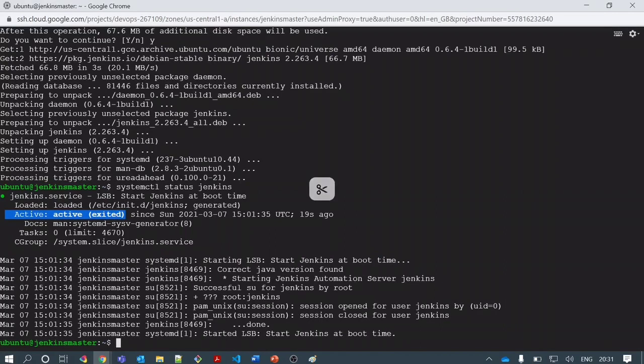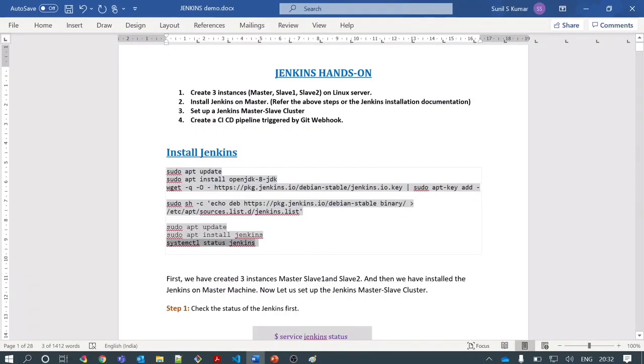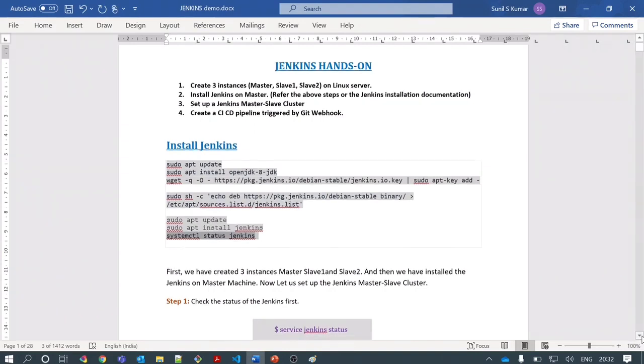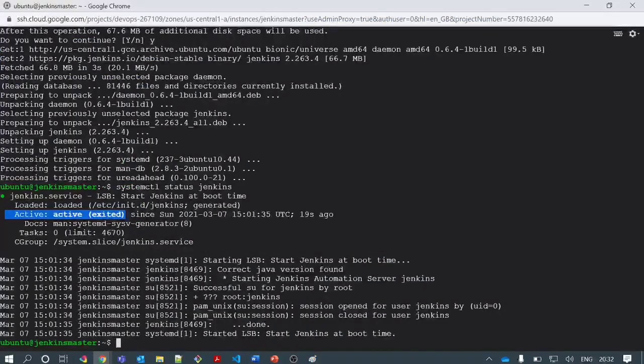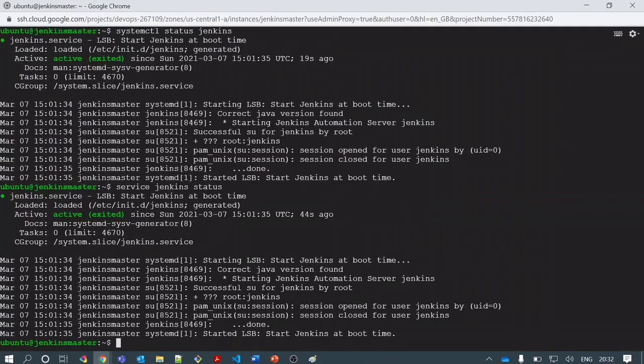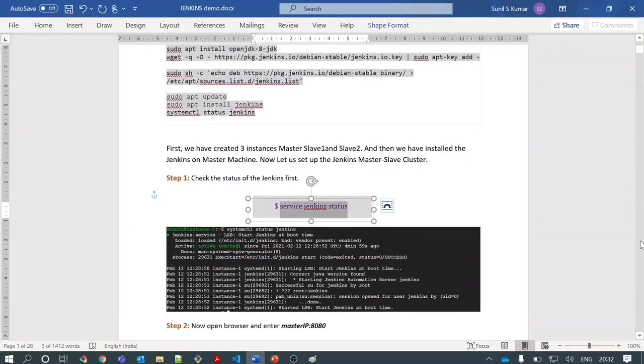So my Jenkins service has been added and it is active on the server. This installation part is completed. These were the only steps we had to follow in order to install. Checking the status is again one command. We can use systemctl or service. Both commands can be used to check the status of the service, as mentioned in the document.